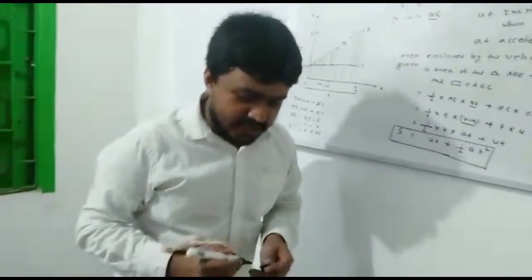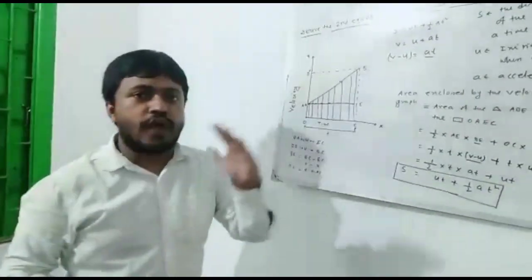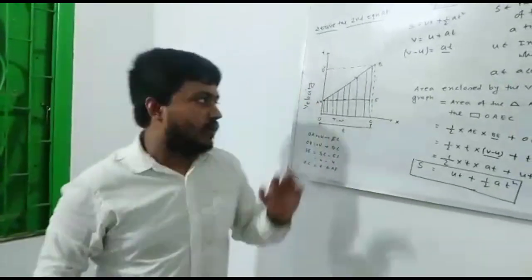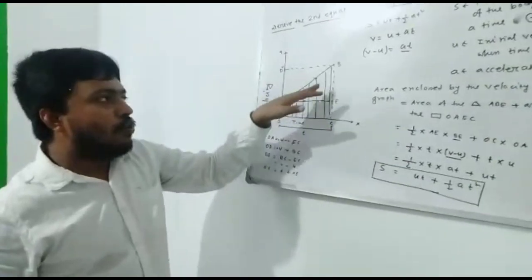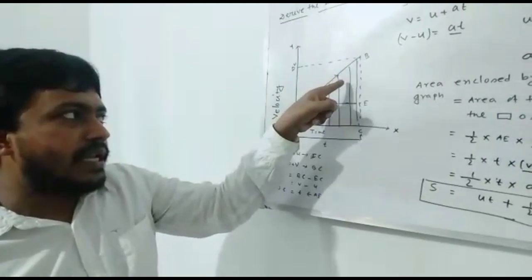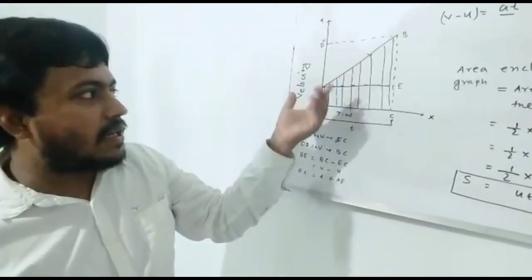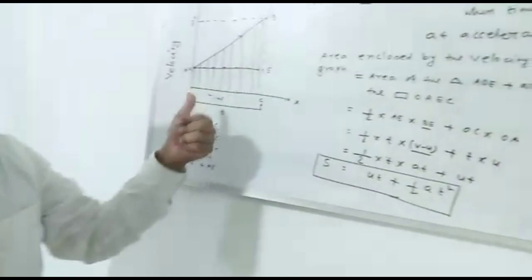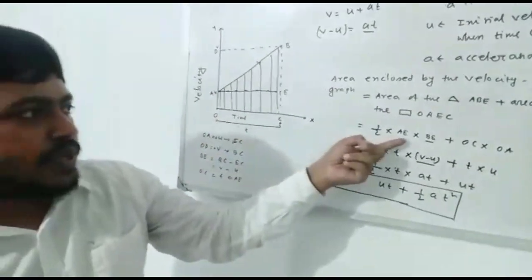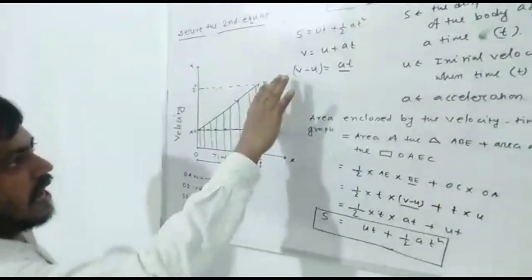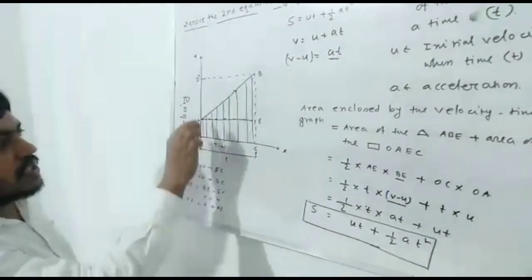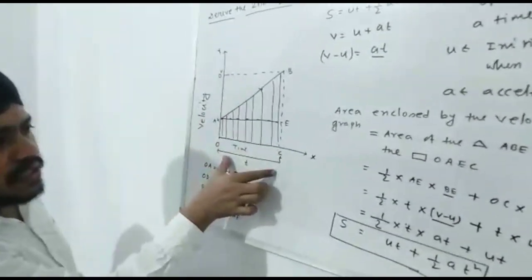So what is your approach? I can just revise this part. If you target to find the displacement from a velocity time graph, you find the area enclosed by the curve. So the area is equivalent to a trapezium. We can divide it into two segments. The upper portion is equivalent to a triangle and the lower portion will be equivalent to a rectangle. So we can find the area of the triangle and rectangle both. Half into base into height. Base equal to AE and height equal to BE. And then here students, length into breadth, OC into OA.